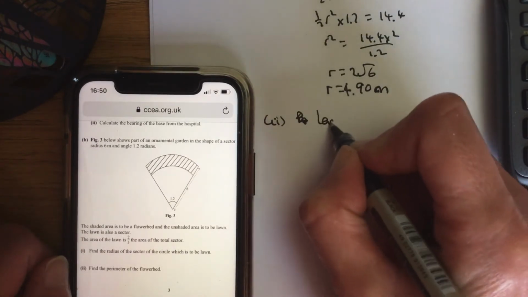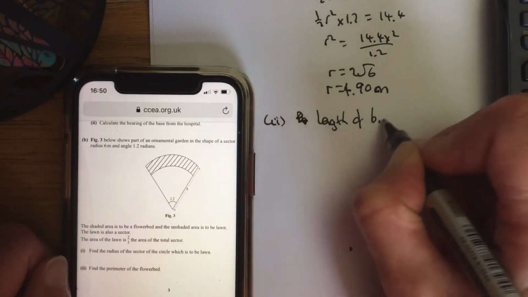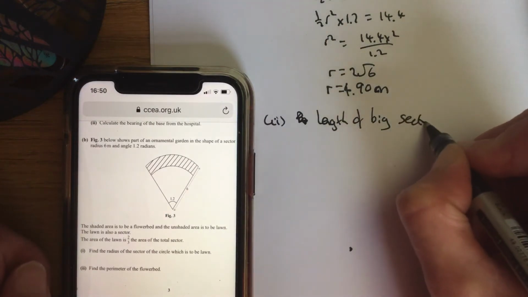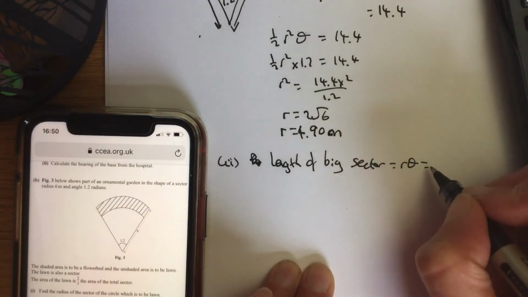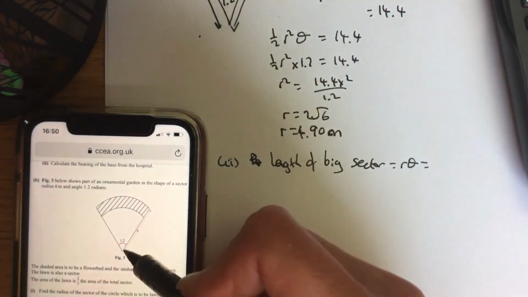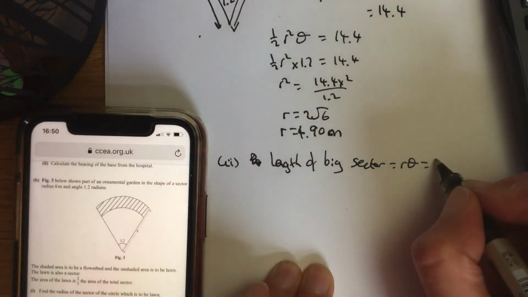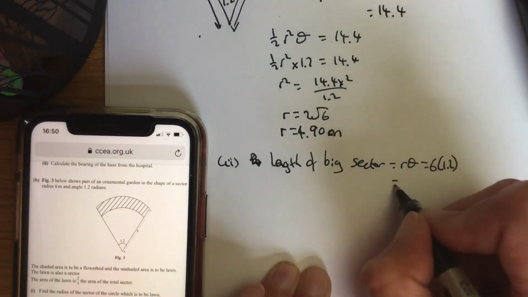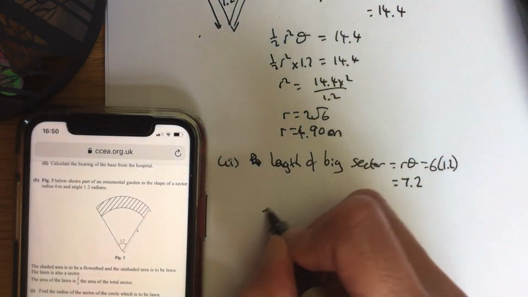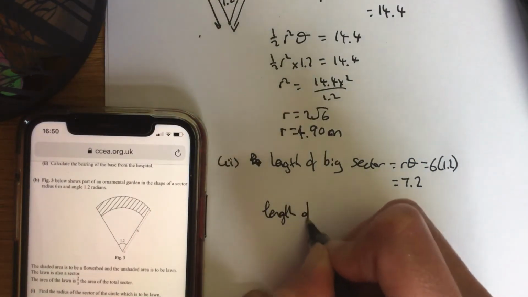We'll call it the length, sorry. So the length of the big sector, length is always r theta, of the big sector. The big radius, if you look back at the original picture, is 6 times your theta, 1.2. So it's got a length of 7.2. The length of the small sector